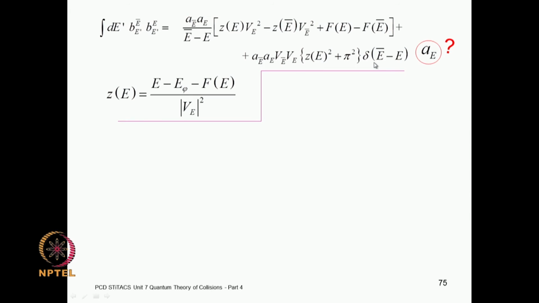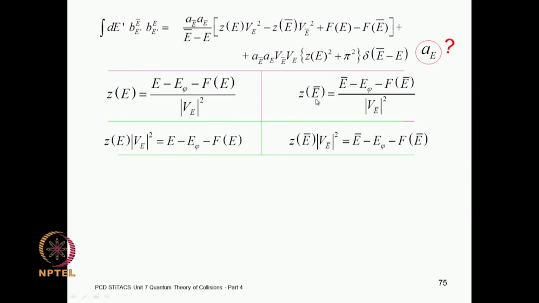Z we know, we already have seen that Z is given by this relation, and we are now able to anticipate a very important and very nice result. So, this is the value of the function Z at E, but we have two energy indices, one is without the bar and the other is with the bar. So, this is Z E bar, and you put